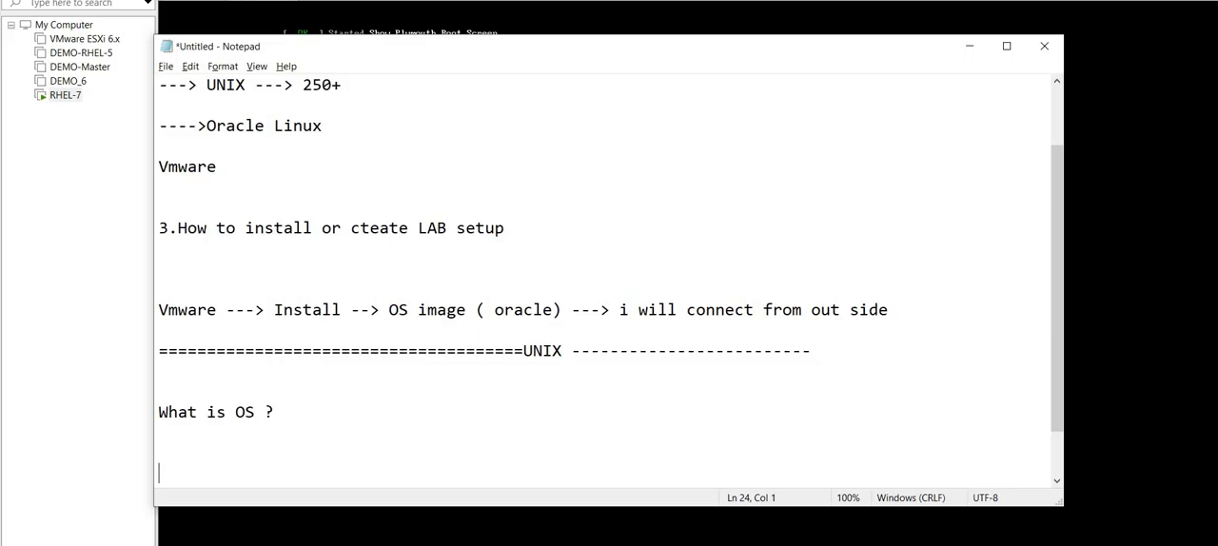First of all, what we need to know are the basic fundamentals of the operating system. So what is the operating system? Why are we using the operating system? Whether it is Windows, Linux, Mac, or Android, everything we call an operating system. This operating system deals with